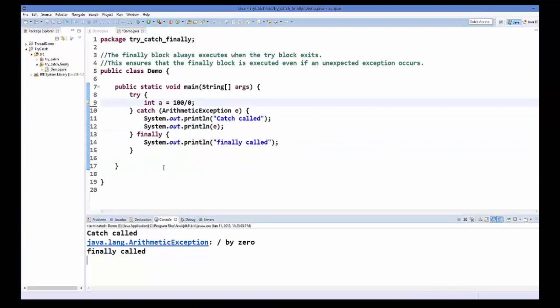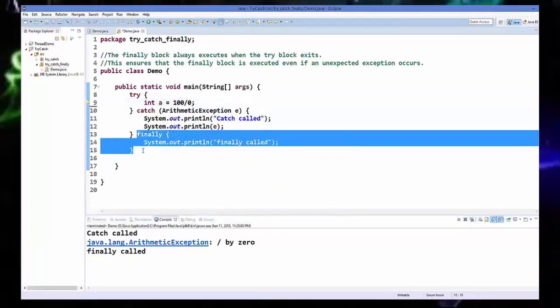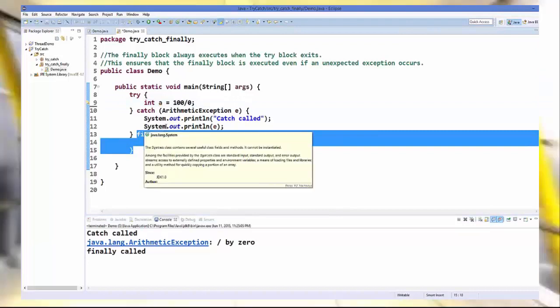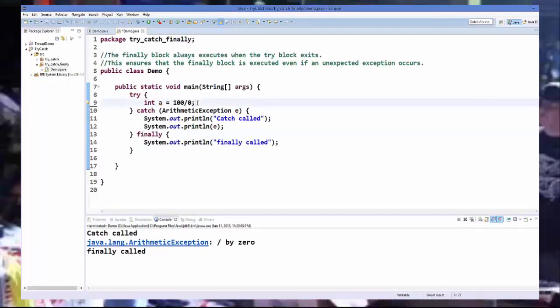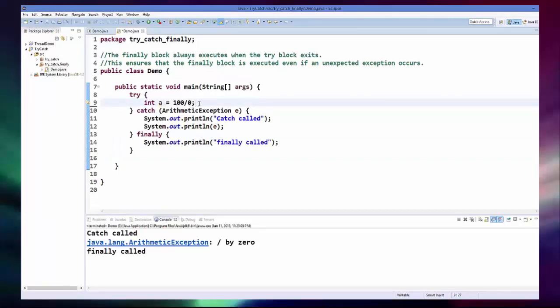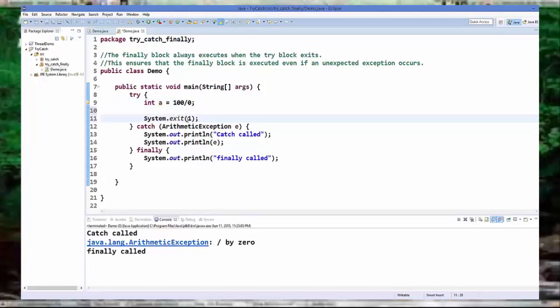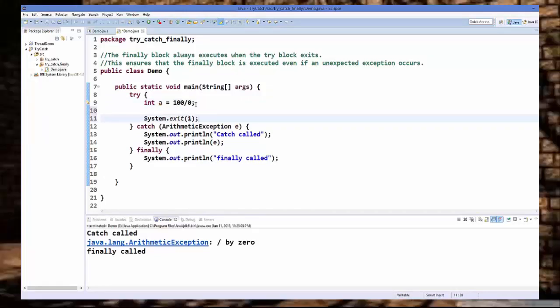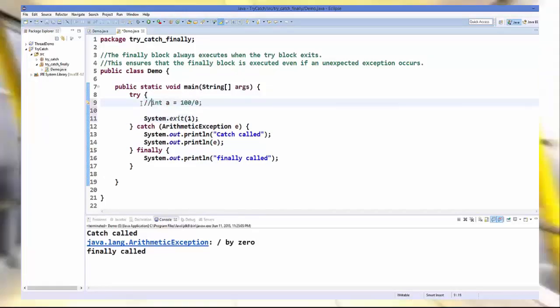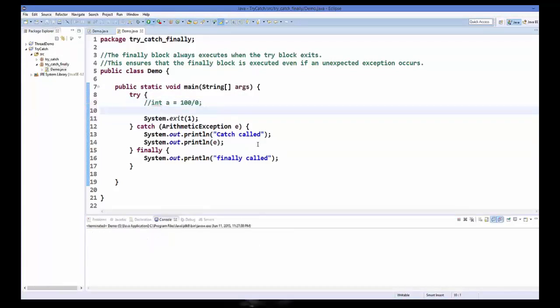There is only one situation where this finally block will not be called, and this situation is when you call a System.exit method inside your try block. So for example, I do something like this, System.exit with some integer here, for example 1, and I will comment this code, and when I run the code, what happens?